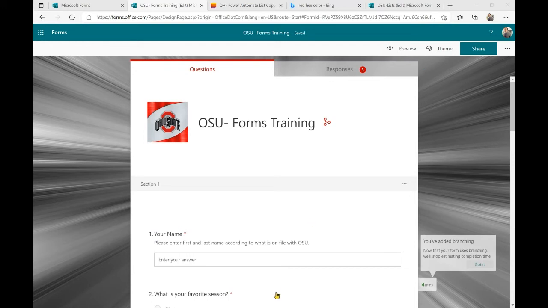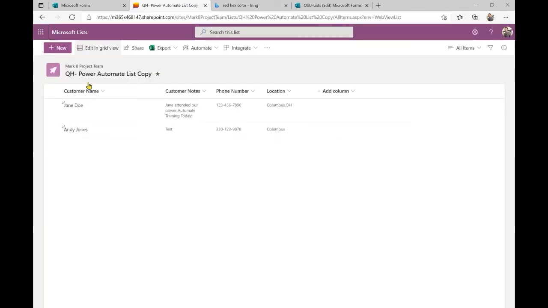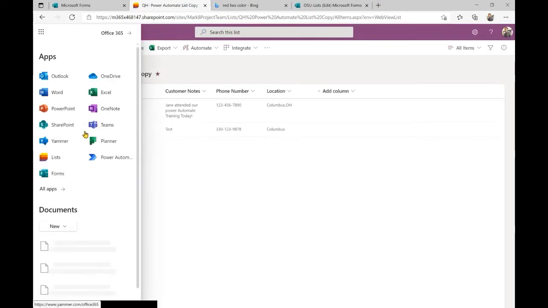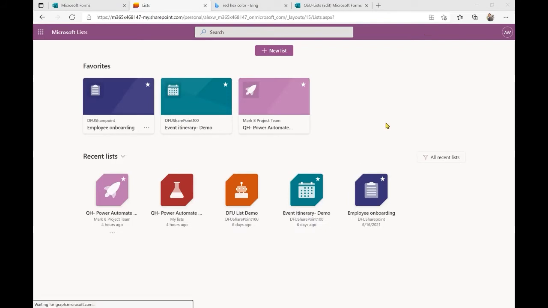Okay. Let's go ahead and move on to list. We've covered everything that we need to cover with forms for the time being. I want to get us into list really quickly. It doesn't take very long, so we'll get through that. I'm going to switch my screen for just a second here. And let's switch back to my PowerPoint.